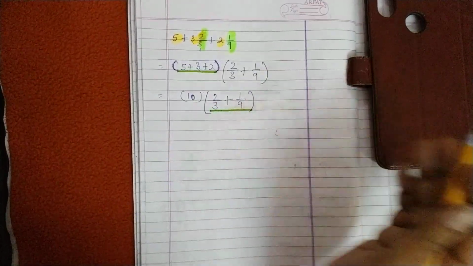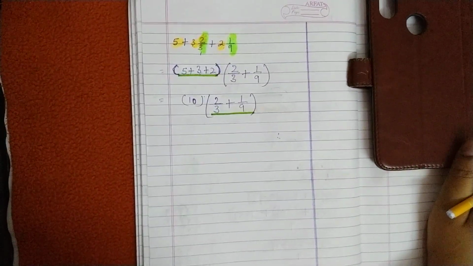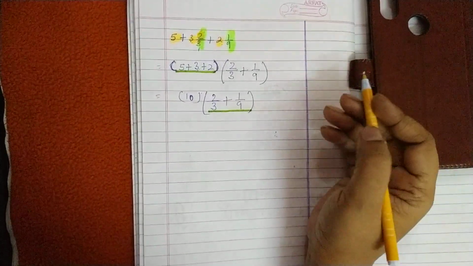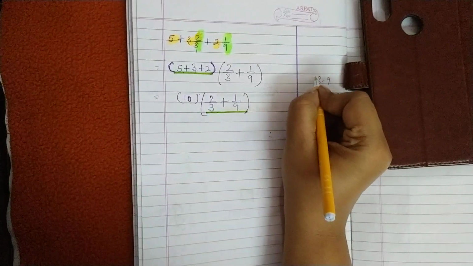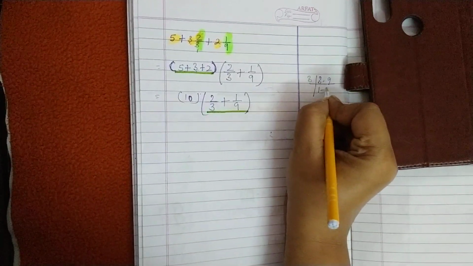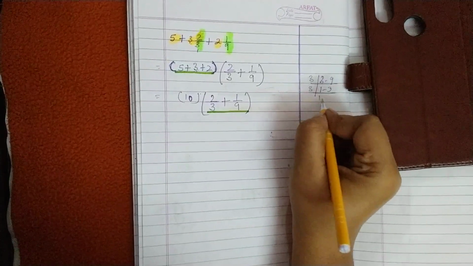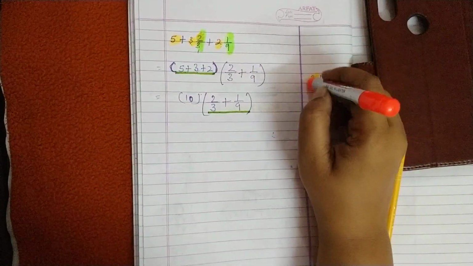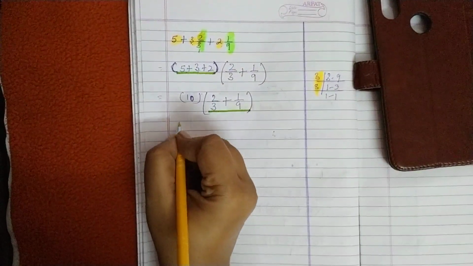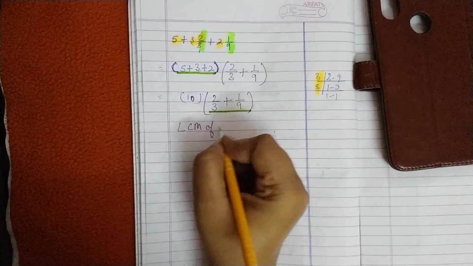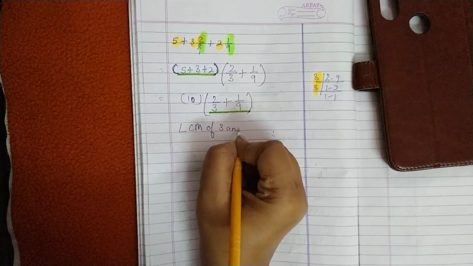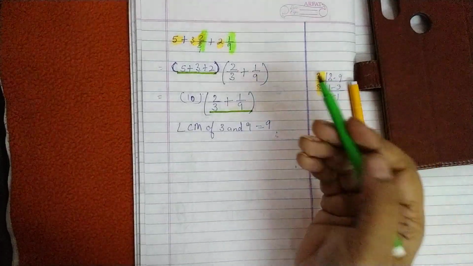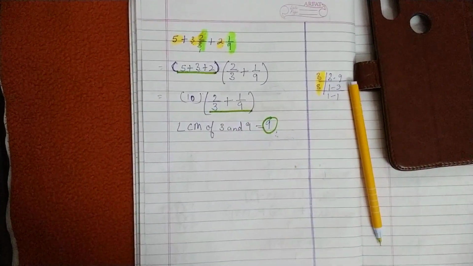Now see, the fractions are unlike fractions. So what am I going to do? I am going to take out the LCM. So the LCM of 3 and 9: 3 times 1, 3; 3 times 3 are 9. Again 3, 1, 1. Now what am I going to do, children? I am simply going to multiply for the LCM. So the LCM of denominators 3 and 9 is equal to 9. So what is this 9, children? This 9 is the LCM.